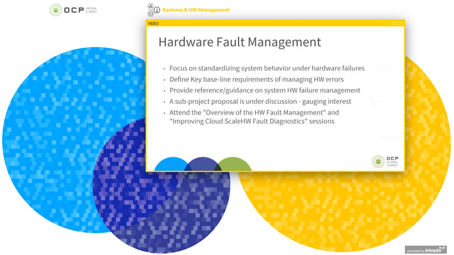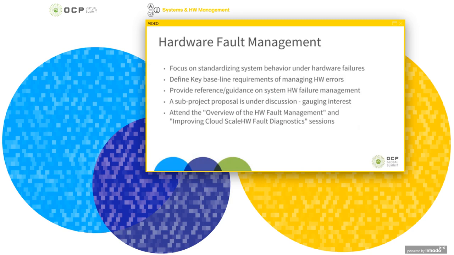Moving on to the second sub-project proposal, the hardware fault management. Recently, we had significant discussion in the OCP hardware management project on how we should standardize the system behavior under hardware failures. So today, there's no one common standard, and every platform's hardware failure reporting and failure management has been very fragmented, in a way that there is no one common way of reporting hardware failure or managing